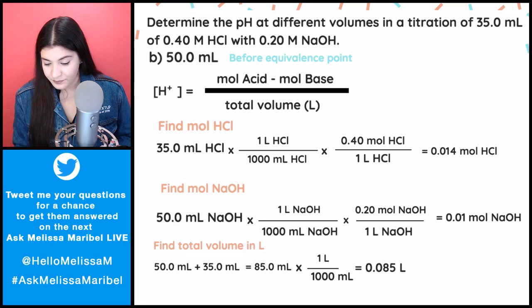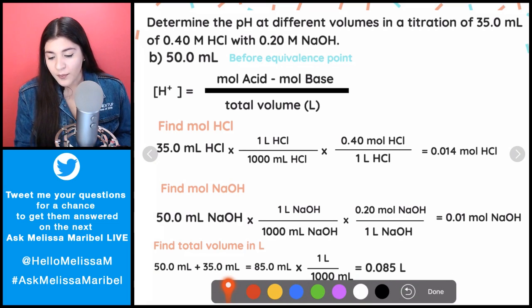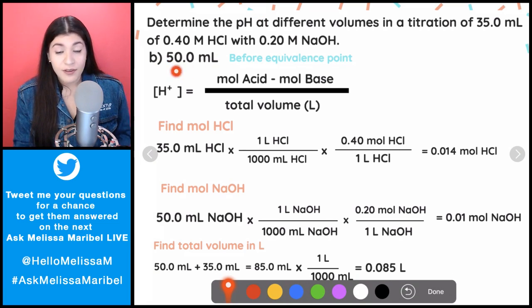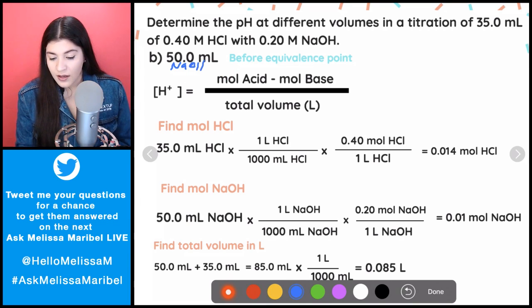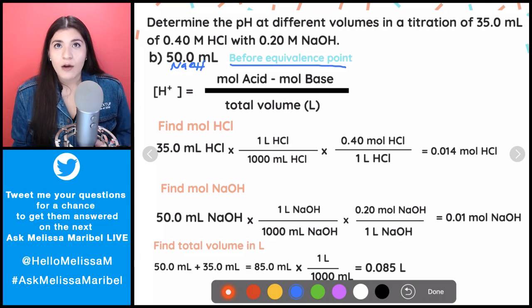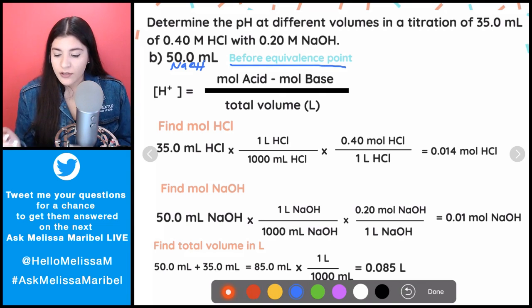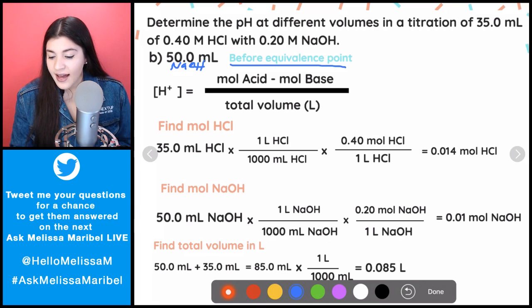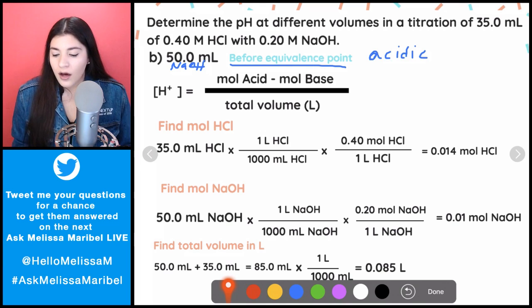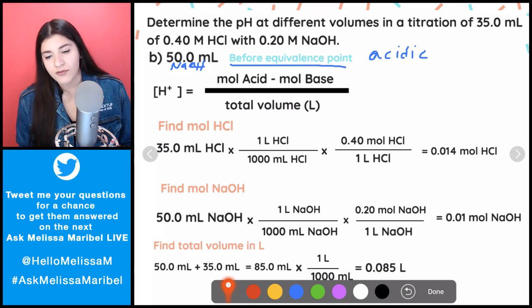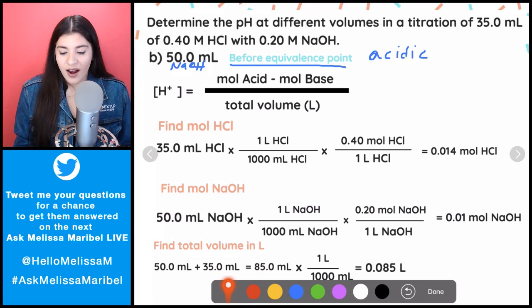So part B. Okay, so for part B, we're just going to look at 50 mLs. So this means we added 50 milliliters of NaOH. And this is before equivalence point. Now remember, before equivalence point still means we haven't added enough base and it's going to be acidic. So this has to be acidic. So then that's why the formula that you will use, and by the way, with this, you don't have to use an ICE table. You don't have to use a before, change, and after table, a BCA table. So I kind of prefer not to.